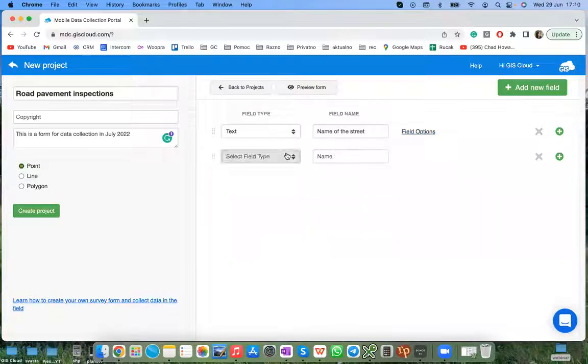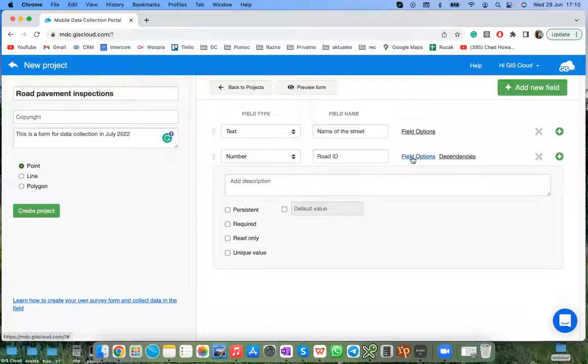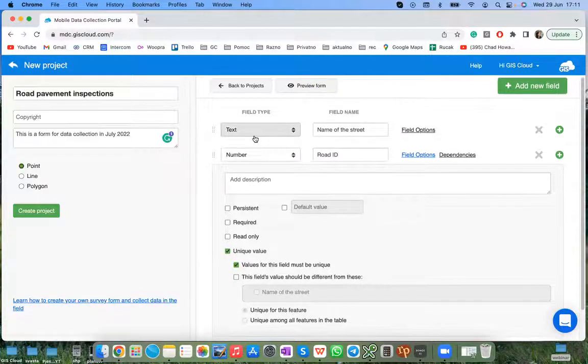And let's add a new field, and the second field is going to be a number field. And in a number field, you can only enter numeric values. So I will use it for road ID. And as before, I will set some additional options. So I will set it to be unique, which means that the values cannot be repeated, which means that they must be unique. And we can make them to be unique for this one particular field, or we can make them to be unique across other fields as well. So let's just stick to one field,